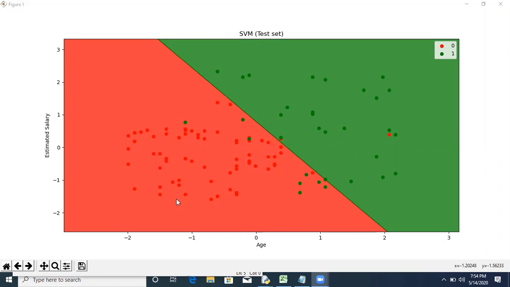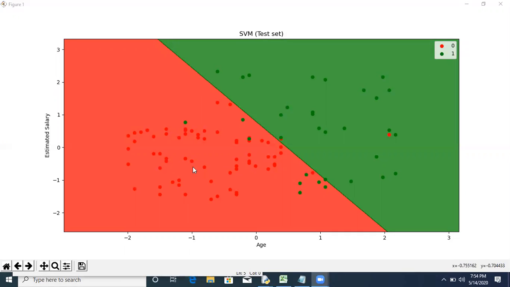When the majority of your actual red points are in the red portion, and the majority of your actual green points are in the green predicted region, that means your algorithm is working fine. It means the accuracy of your algorithm is good.